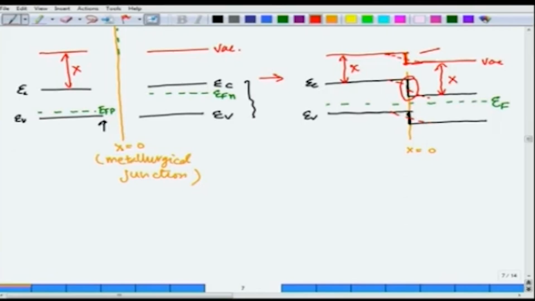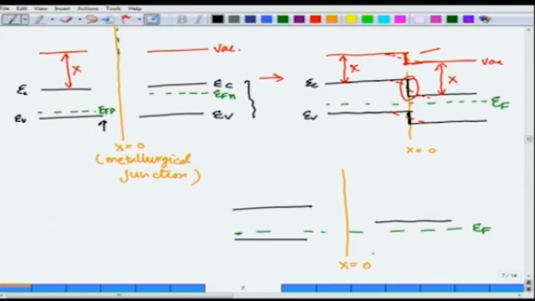Now we will be able to draw a band diagram a lot more easily with this understanding, so I will redraw this diagram. Here is a metallurgical junction, x equal to 0. This time I am again going to draw the Fermi level, here is the Fermi level, EF. Now I will draw this p type semiconductor, but I will not go all the way to the junction, I will stay away from it a little bit. I will draw this n type semiconductor